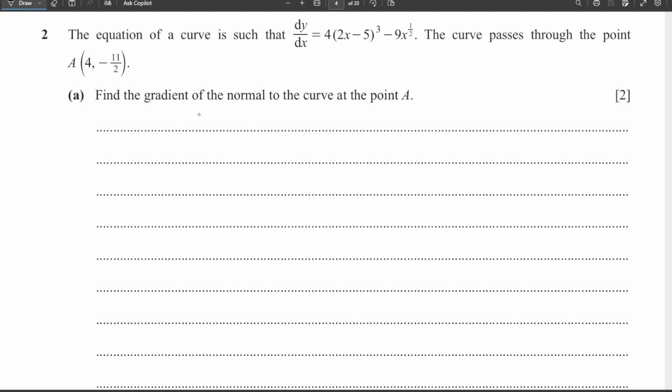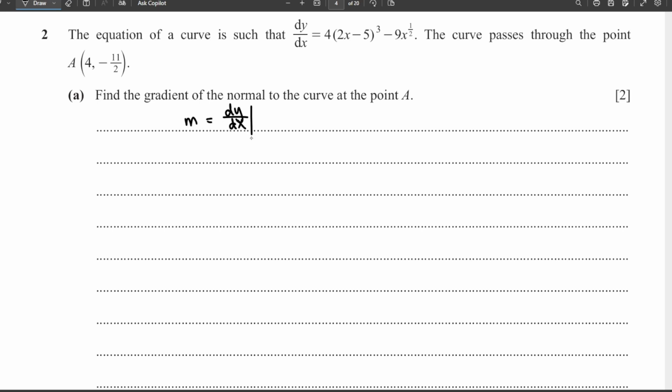If you can also recall, to find the gradient of the normal, the gradient of the tangent multiplied by the gradient of the normal gives you -1. So these are the two things that we will need to recall: the definition of the derivative and the perpendicular gradient. Firstly we'll find the gradient of the tangent, which we'll denote as m,